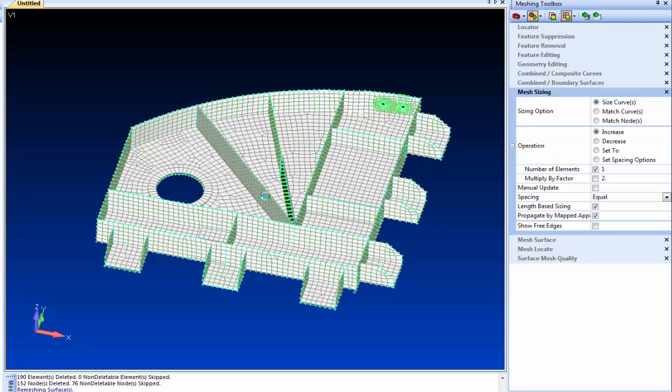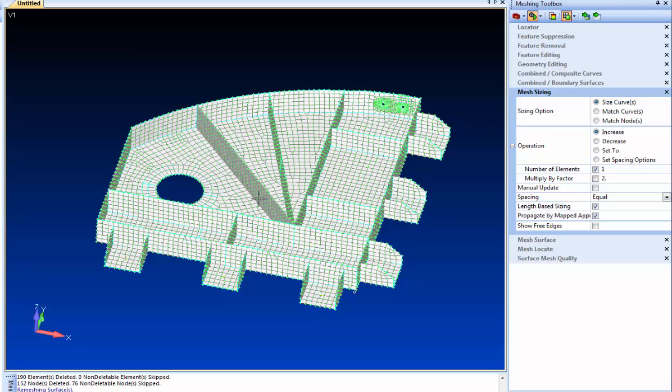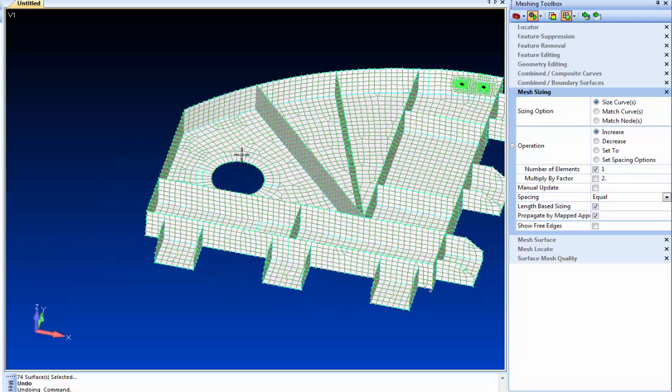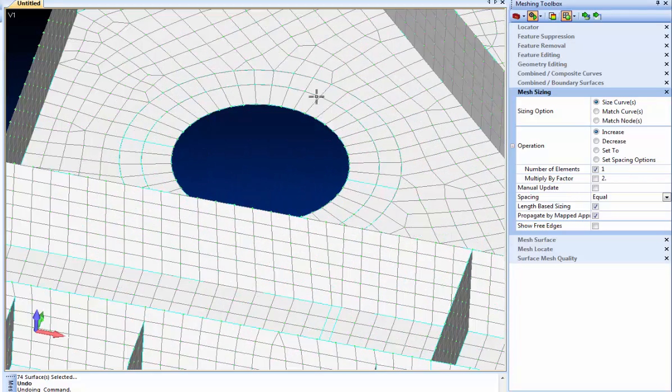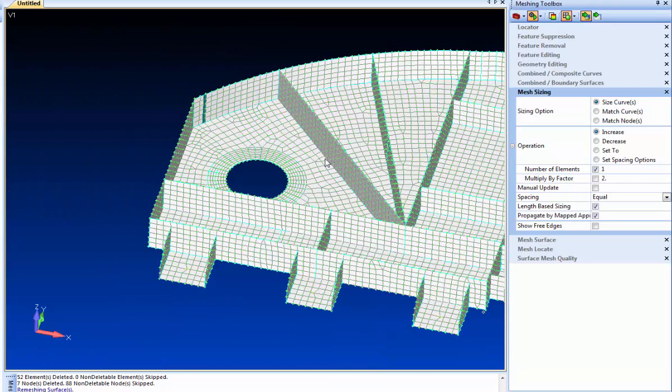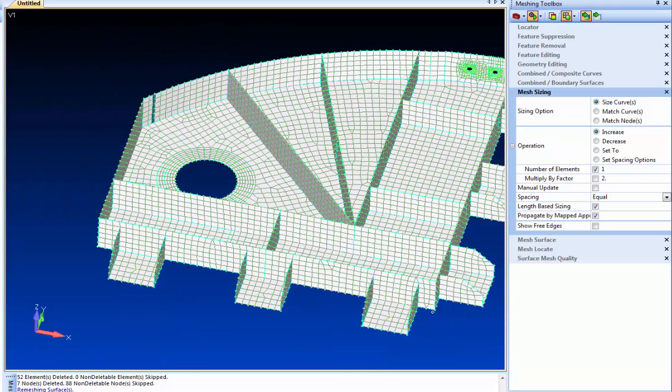Now, if I really wanted to control it even more, let me go back with a redo. We do have 99 levels of undo. So if I really want to control it more, we could use our meshing toolbox here, and I could juice up the mesh sizing around this hole. And let's just say I'm going to go even one more. Same thing on the outer ring. So now the map mesh is, well, let's keep going. We'll give even more resolution. This will be fun. So now we got that hole juiced up, and you'll see when we do the update now,